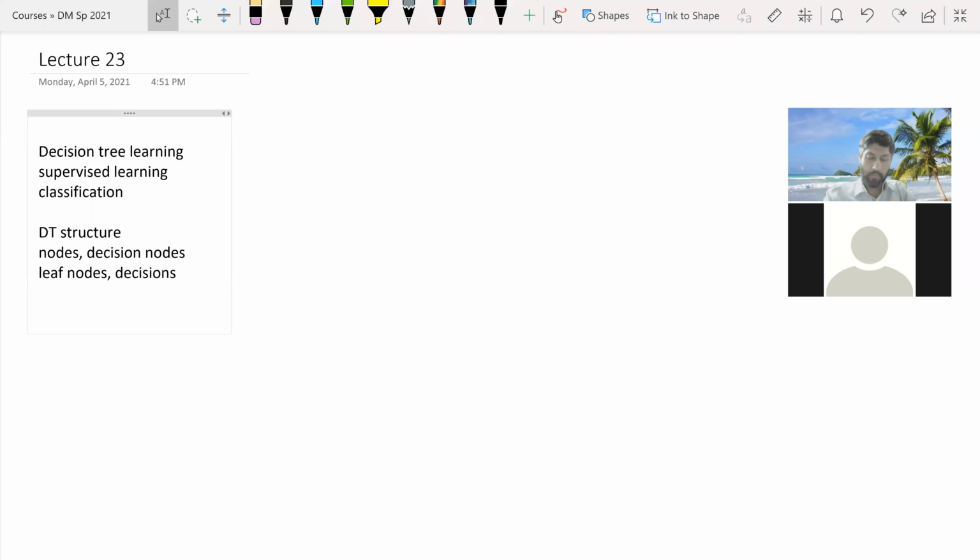And just to set the example stage, I'll take a very simple data set using A, B, and C. There are three binary